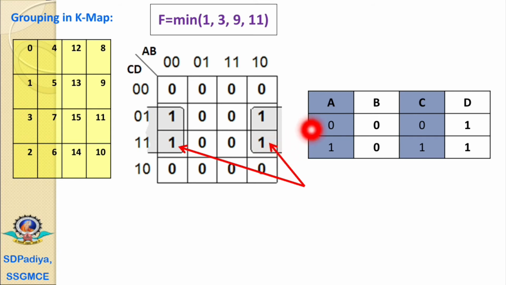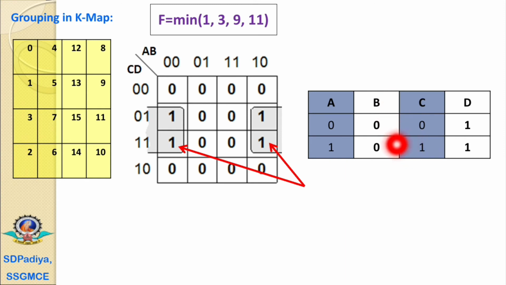Now we have written these values, the designation values for these variables. Here for these two variables, the values of a are 0 and 1, therefore a is eliminated. For b both values are 0 0, no elimination. For c, one value is 0 and one is 1, therefore c is eliminated. And for d both are 1 1, therefore no elimination.